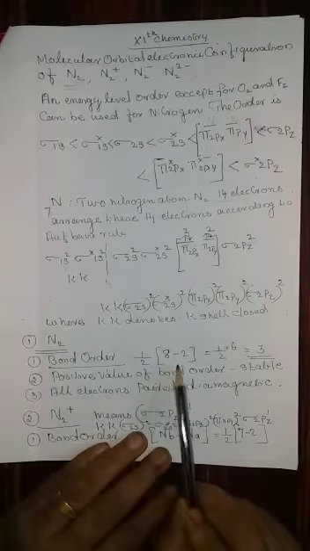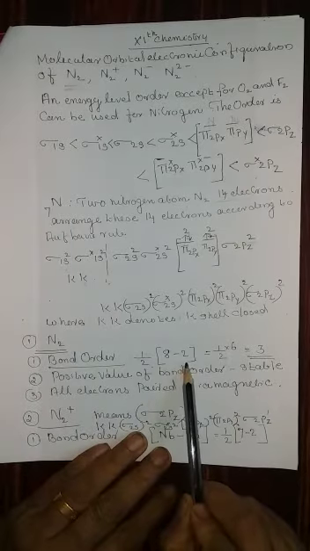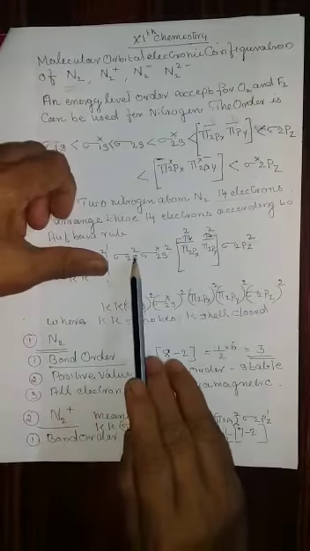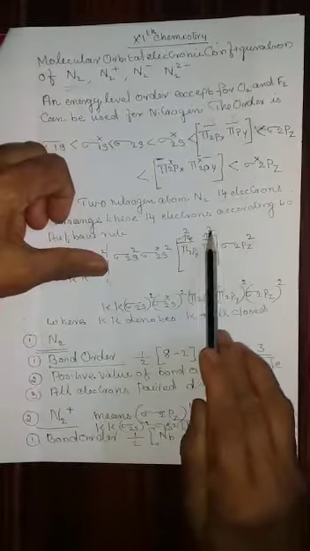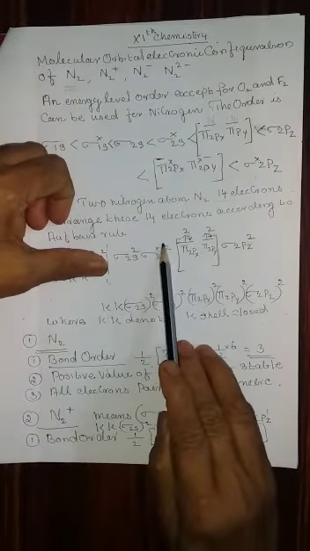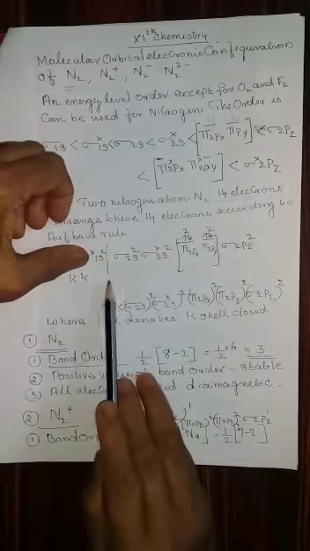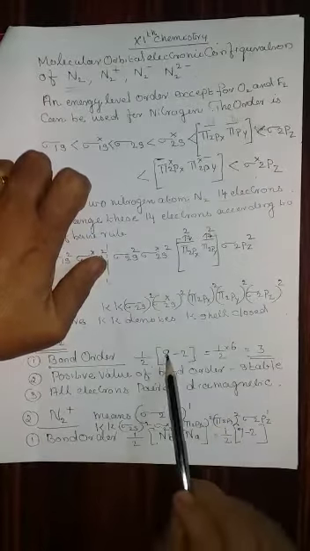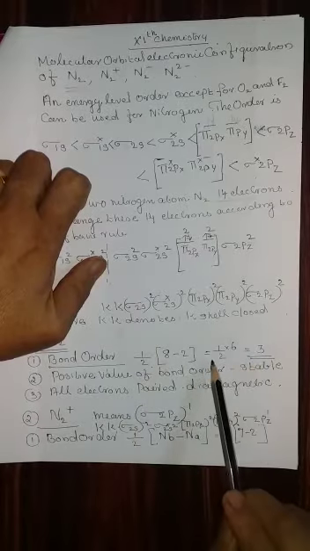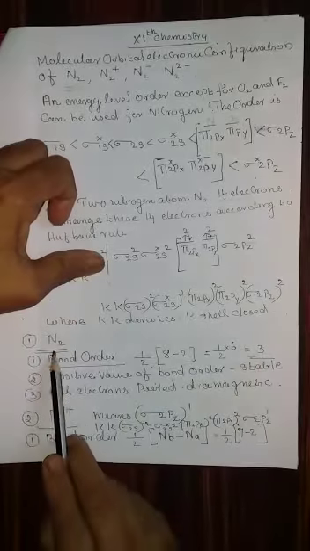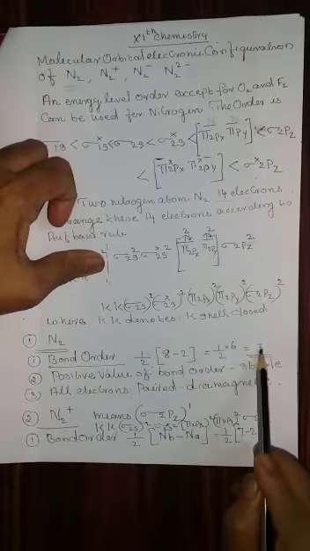And 8 minus 2. That means non-bonding, anti-bonding electrons. Only anti-bonding; the K shell you don't have to consider. Therefore 2, 2, 2, 2. That is 8. And anti-bonding here it is only 2. Okay, since K is closed, no need to consider. Therefore 8 minus 2 is equal to 1 by 2 into 6, which is equal to 3. Therefore the N2 bond order is 3.